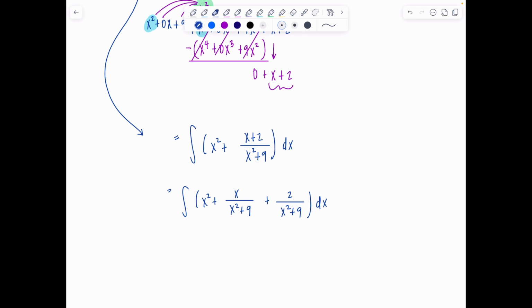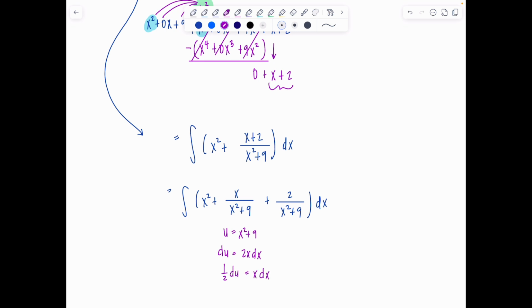Boom. Wow. So what would you do for this term here? You would do a cute little u sub. You could write it out, or you could just do it in your head. u would be x squared plus 9. du would be 2x dx. So I know I'm going to pick up a 1/2 because all I have is x in the numerator, not